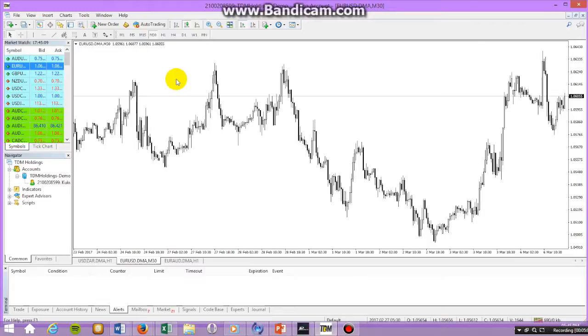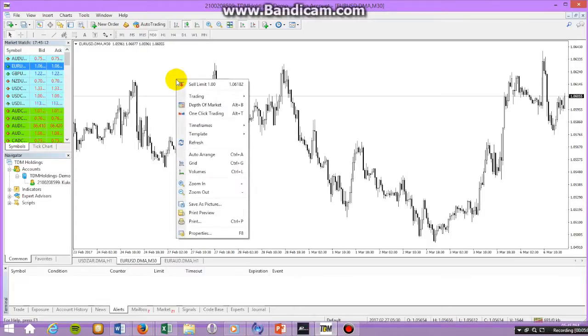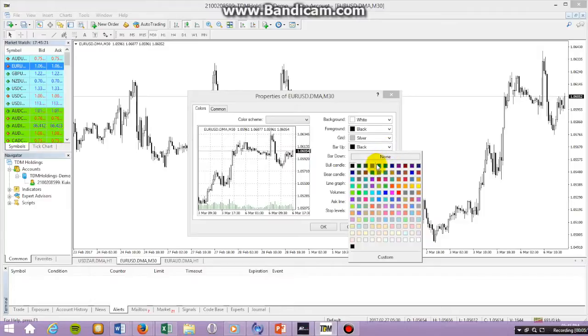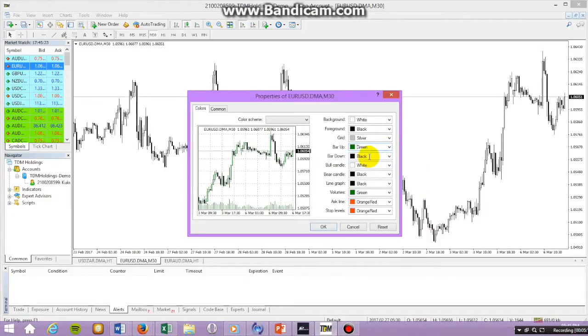Now just to simply recap again, if you want to change the color scheme of your chart, you just go to properties, color scheme, and if you want to change the color of your actual bars, you just click on the relative bar. Now we have to discuss this. A bullish bar is something that represents a positive movement and increase. A bullish trend is also an uptrend where your price is going up. Now in our notes we do go in depth on the difference between bullish and bearish, and it's really important that you do note that in the